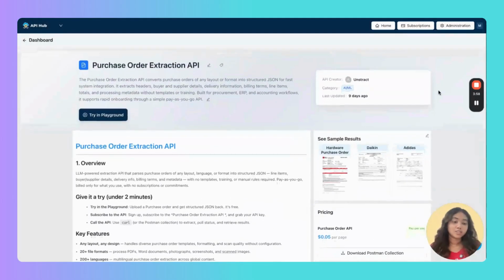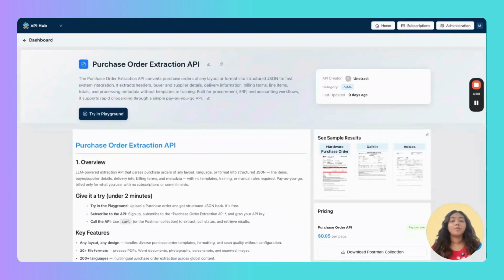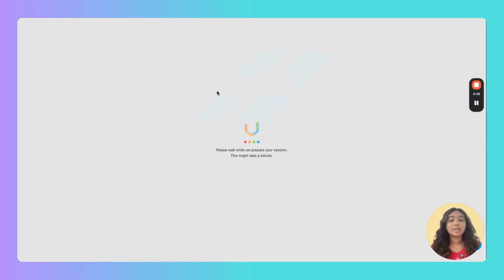Now, the purchase order extraction API really brings down the development time that you'd have to spend in manually creating projects that would extract purchase order data. And this is ready to use. You just have to plug and play into your workflow, and you don't have to worry about the maintenance as well, because our team is working in the backend and regularly updating the API. And that covers the purchase order extraction API. Now let's go back into Unstract to explore certain other ways of extracting data from purchase orders.